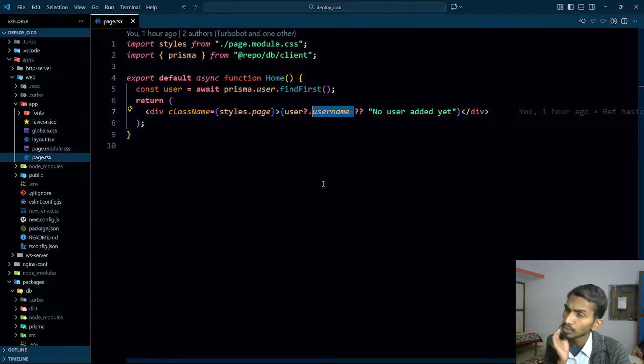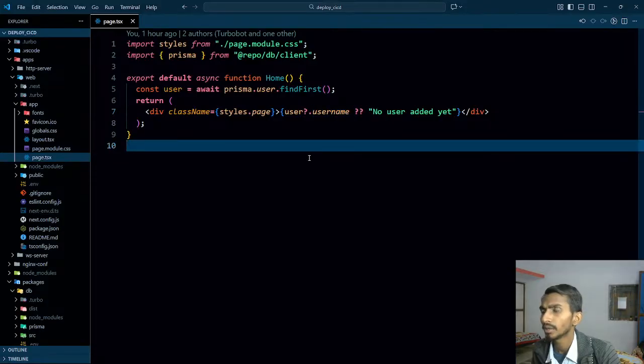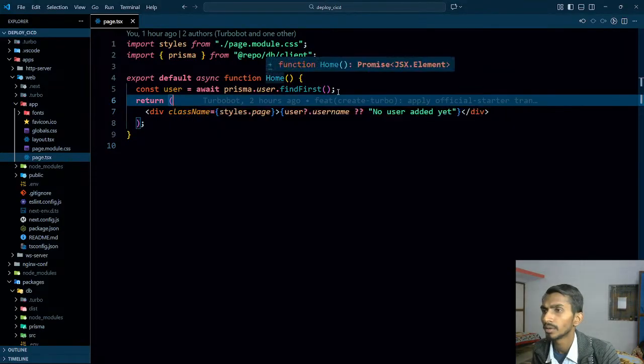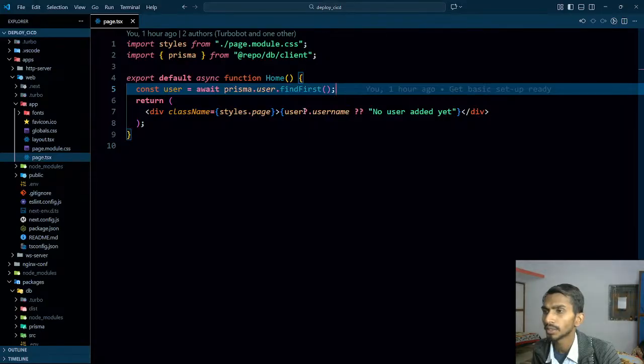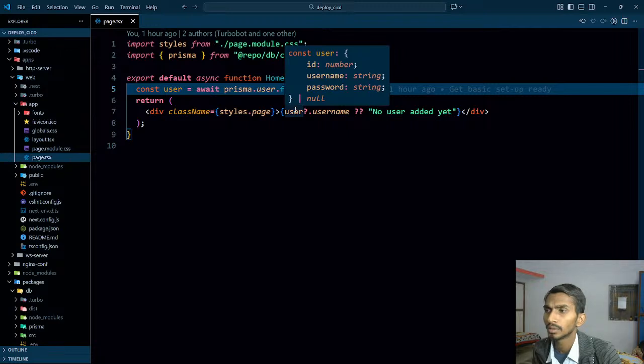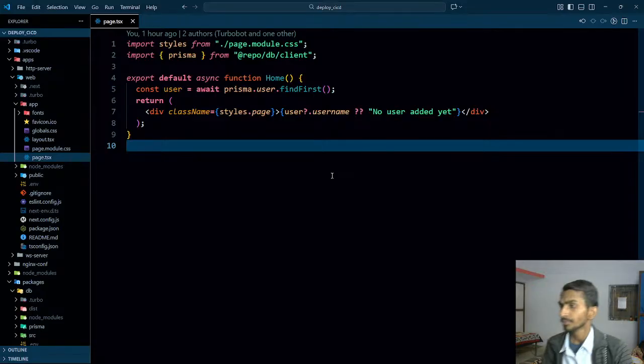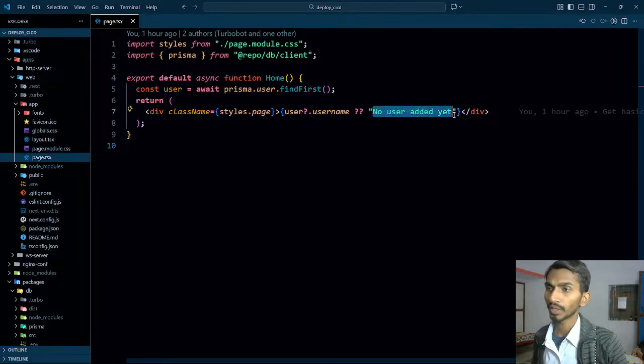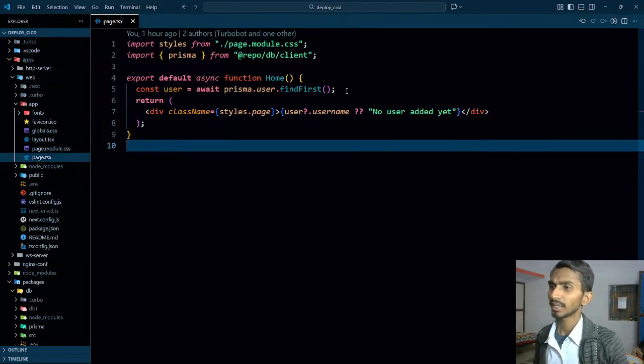We are saving the user in the database. There is the user in the database. This is insane. It's being rendered on the client side, user.username, or "no user yet". It's not like we are not getting the response, we are getting the response, but the simple thing is that